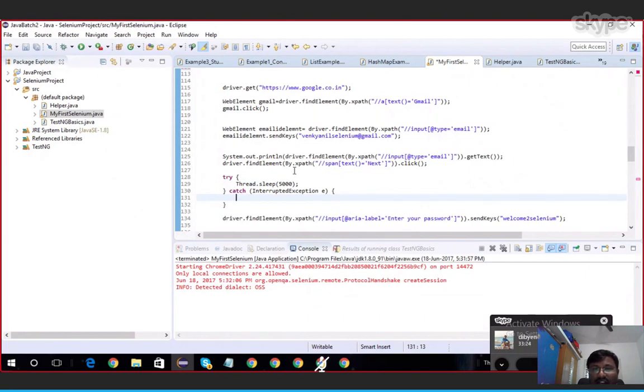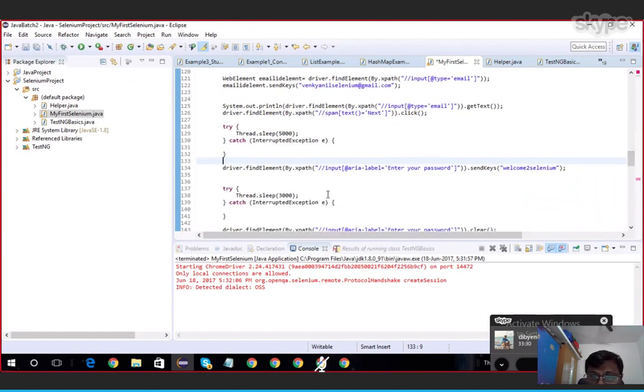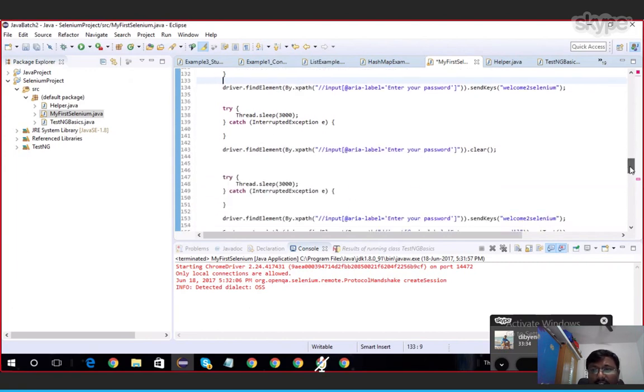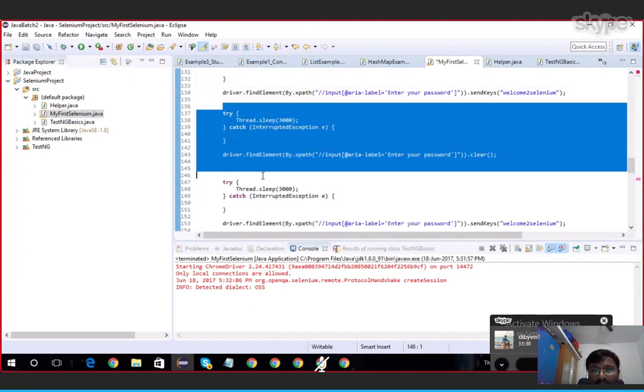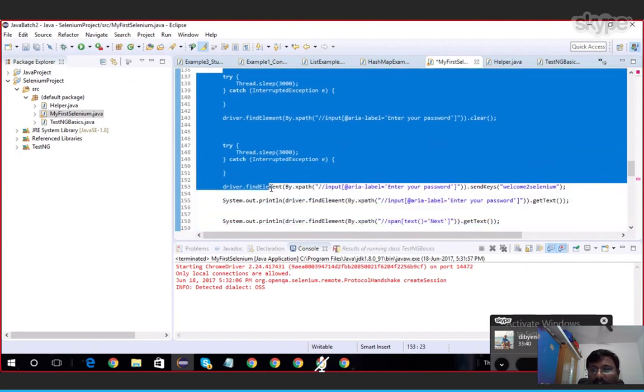Okay, use dot getText. It will read or give you that data. After entering that, we are clearing it. It is not required. Directly I'm going to click on next.